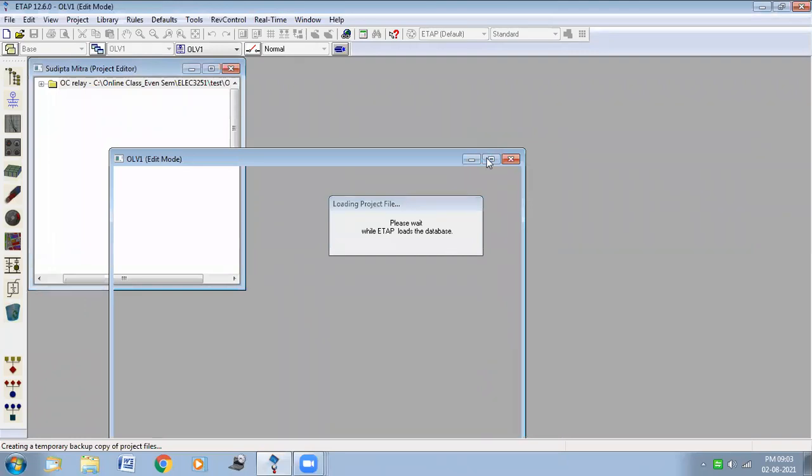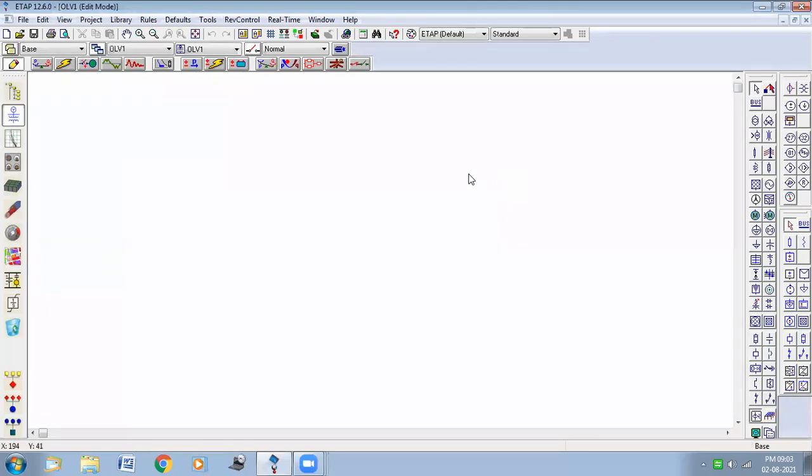After that, it will show you this kind of window. So in this blank window, first of all, we need a few basic components, that is the generator. This is the generator tab, so you have to select this generator. Then we need bus bar. Then we need a single phase transformer, and then you can select a load. Different types of load are there: motor load, dynamic load. I'm just going to use this static load. So these are the basic components for this experiment.